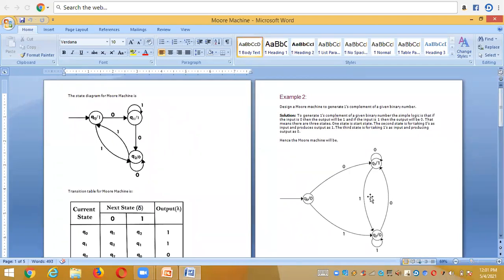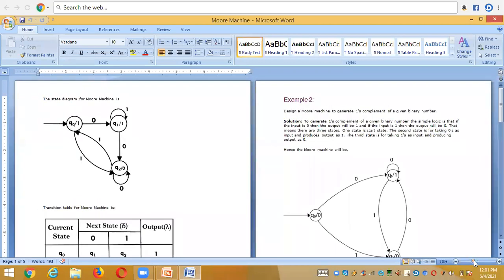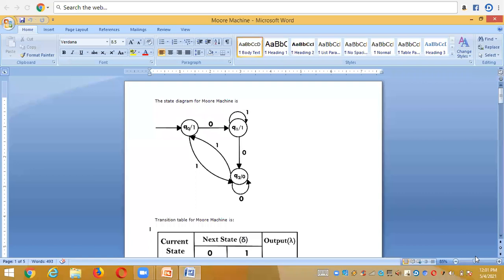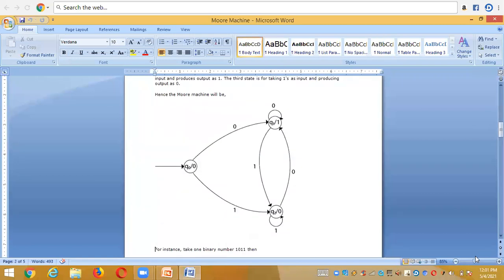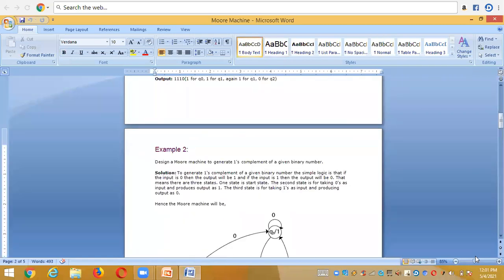This is example number 2. And now my question is to design directly. The question is: design a Mealy machine to generate one's complement of a given binary number.